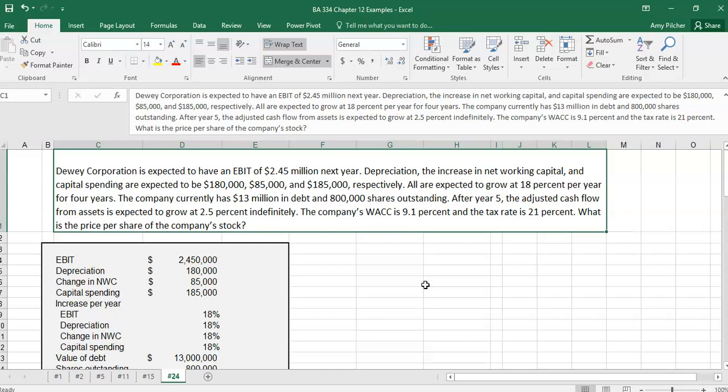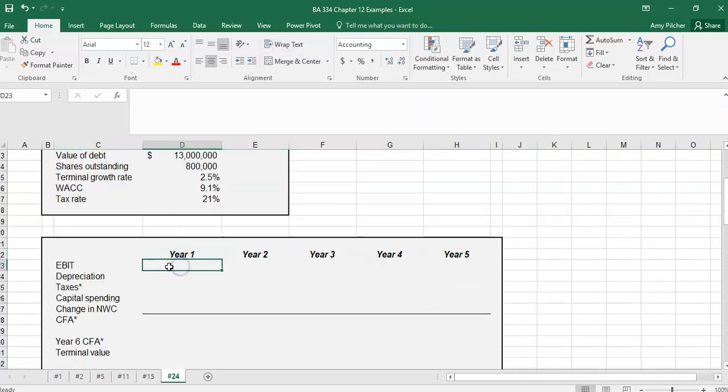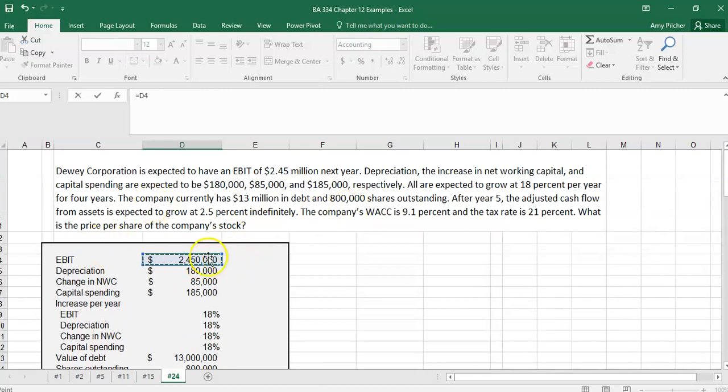So we have expected earnings before interest and taxes for the next year. Then we have some information about increases in depreciation, net working capital, capital spending, and our earnings. We're going to do some calculations. So we're going to start with our year one information. So we have our earnings before interest and taxes of